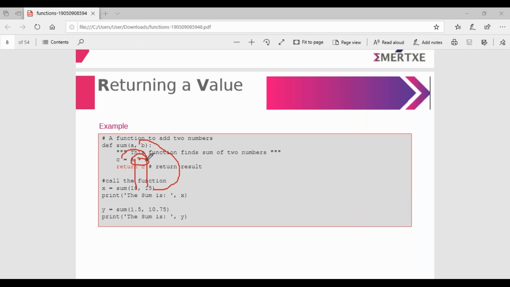Now you are returning the c value to here. Once your c value is computed, then return c. So the entire value is 10 plus 15, 25. The 25 will be stored into x. The x will be displayed here. So the sum is 25. So this is the logic.